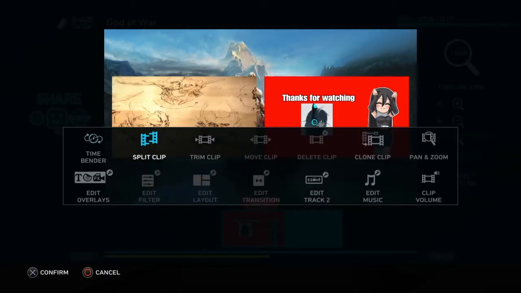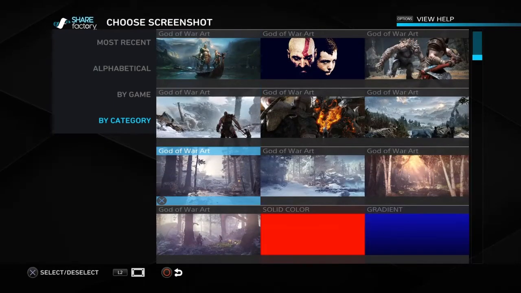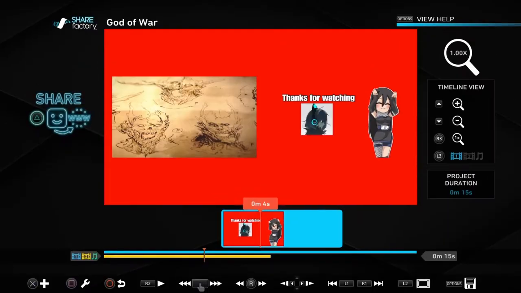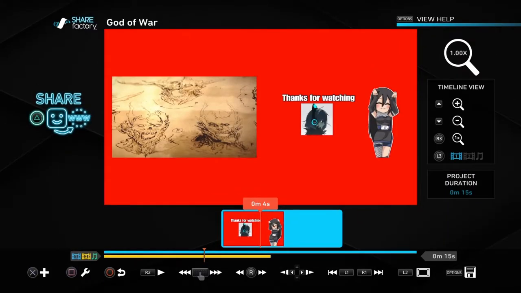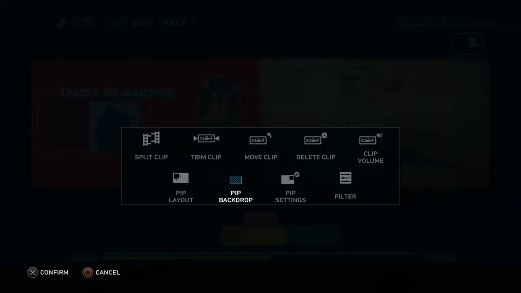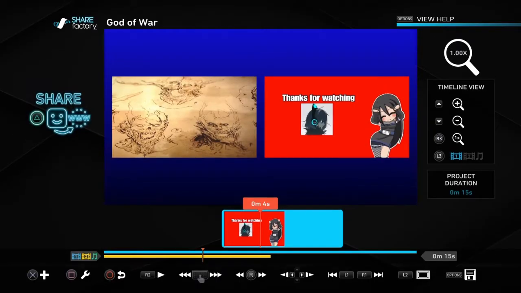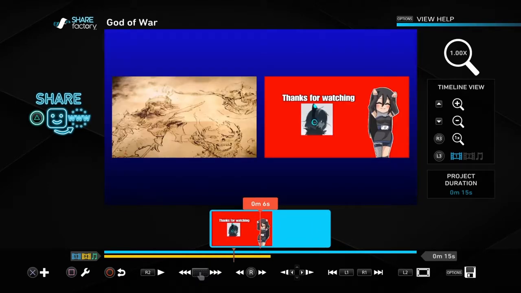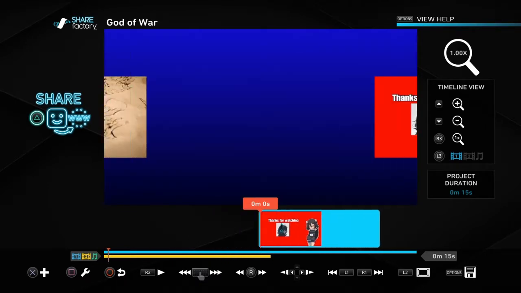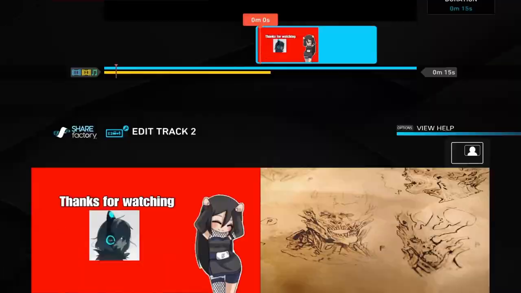When you do that, you can go back to edit track 2, pip dropout, replace it, and you can add whatever you want to. Let's say we wanted another solid color. Well, that's not going to work very well because my solid color already is... you know what, here we go. See, you can just add another solid color in the background, and there you go. If you want to do it that way, that is fine. That is cool. But we're doing it my way, so we're going to delete